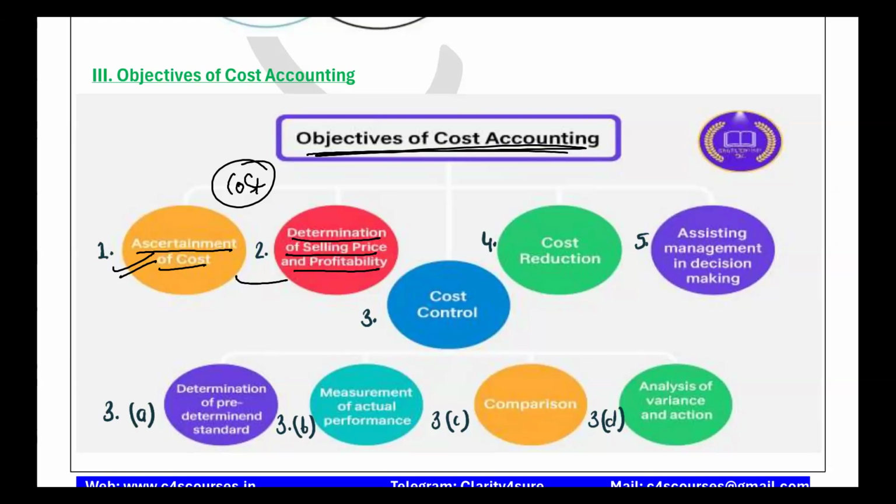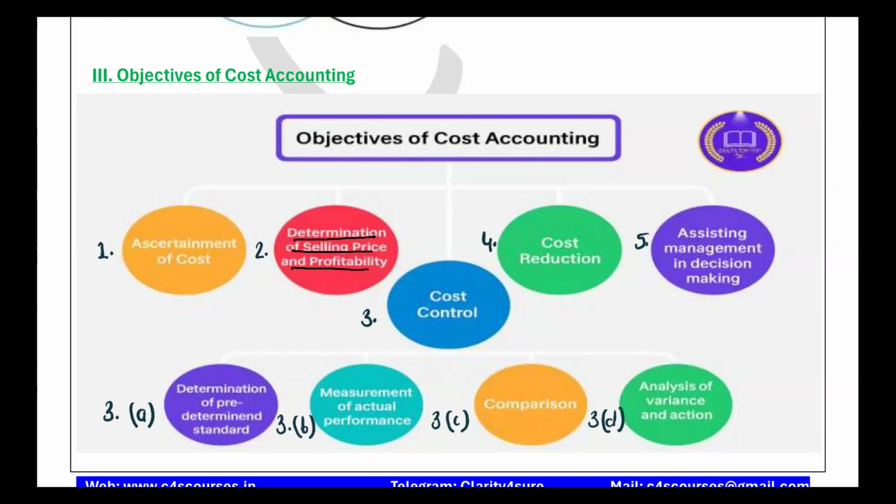So they will also determine the selling price, and with that they will count their profitability, that my cost was this much to make one burger, and in this Rajouri Garden, I have to place this. So my cost for this is suppose 500 rupees, and I need to earn a profit of 100. So I will sell the burger at 600. Suppose I'm giving you a hypothetical example, because they need to keep the profit also, otherwise how will the business run, right? So the second step involved in the objective of cost accounting is determination of selling price.